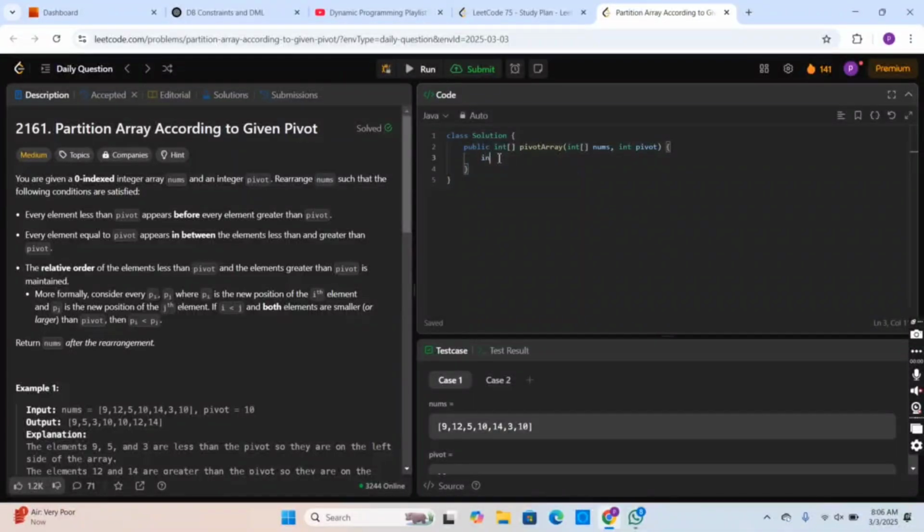Now let's move to the code. Firstly, we will calculate the length of the nums array and store it in integer n, and then we will create another array named result with the size of n. Now we will have another integer variable, index, that will make sure that we are entering the element into the correct index in the resultant array, and then we will iterate through every element of the nums